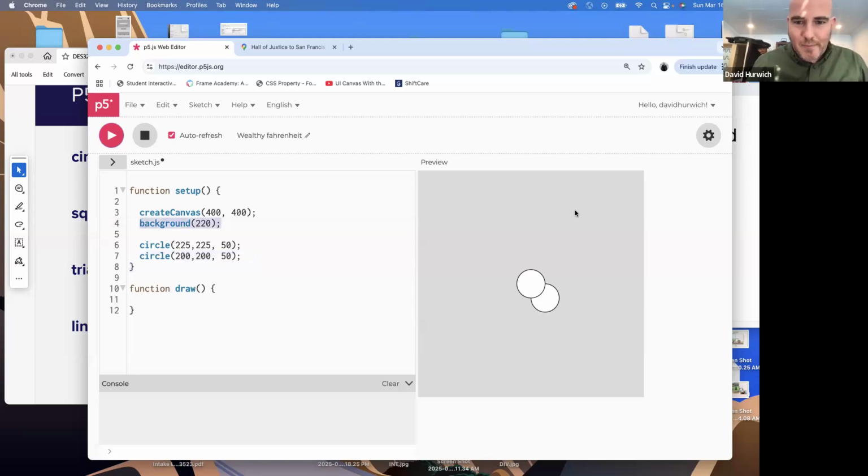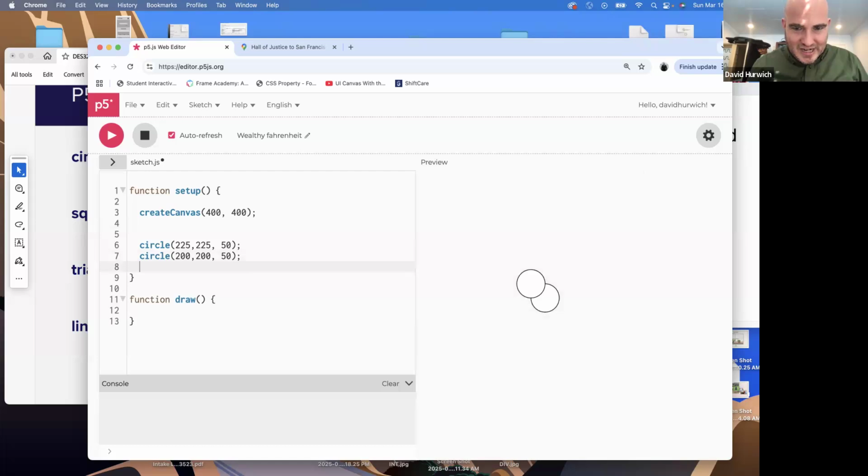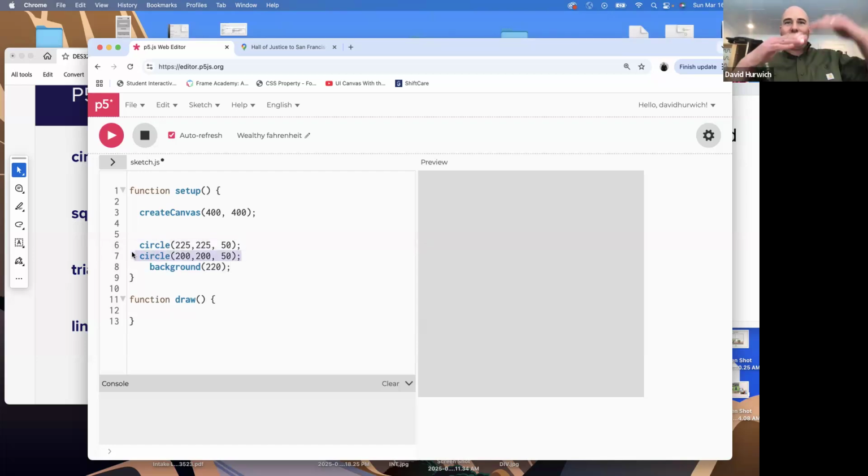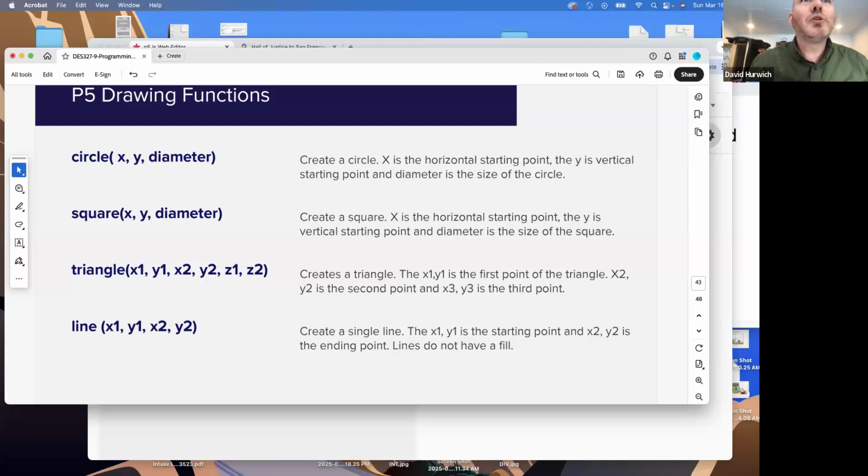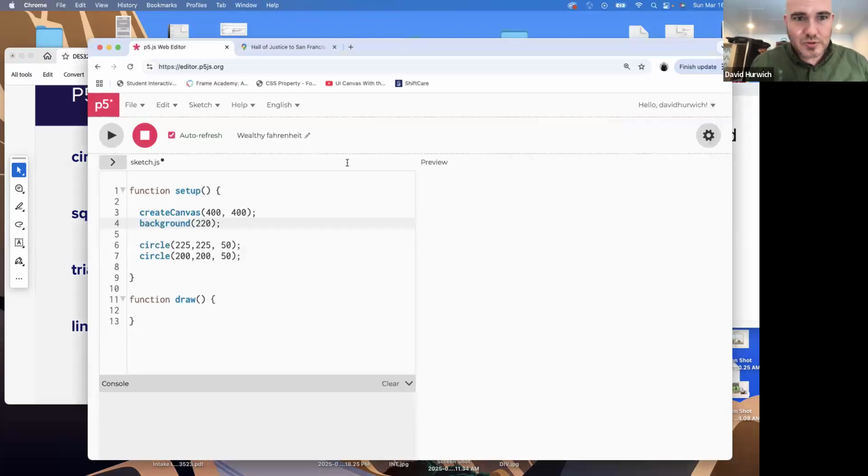This is actually setting up a background color. And it's basically the way you should think of it. It's almost like a solid layer in Photoshop. So if I put this after this, it's actually going to block the items, because what's happening is this is being built first, this is being built second, and then this big rectangle is being built on top, and it's blocking everything. Okay. So when you write code, the order of your code is very, very important. Okay. When you guys test this stuff out,